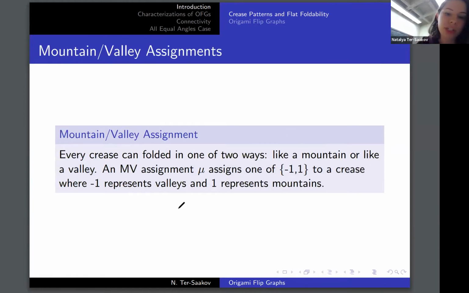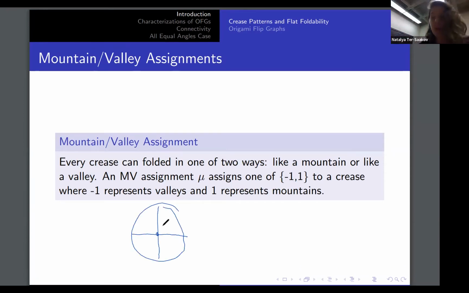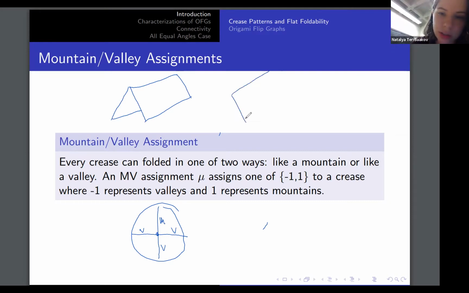So if we take that same crease pattern and give each crease either a mountain or a valley, a 1 or a -1, that tells us how to fold it. If you're not familiar, a mountain looks like this with your paper. It's when you fold away from you. And a valley looks like this. So this is 2 pieces of paper folded as a mountain and a valley, or a +1 and a -1. If that sounds good to everyone,